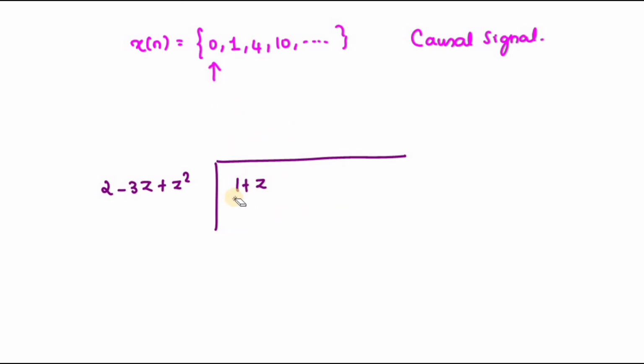Now in order to get 1, I have to multiply with 0.5, that is 1 by 2. So if I multiply with 1 by 2, I will get 1, so that is the condition. Of course I need to get 1, therefore you multiply 0.5 with 2. Minus 1 by 2 is 1.5, plus 0.5 z square. So now if I change the sign, you will get 2.5z minus 0.5z square,